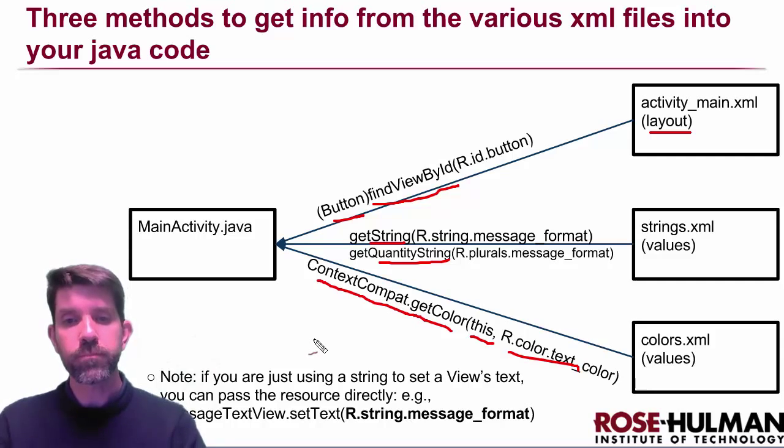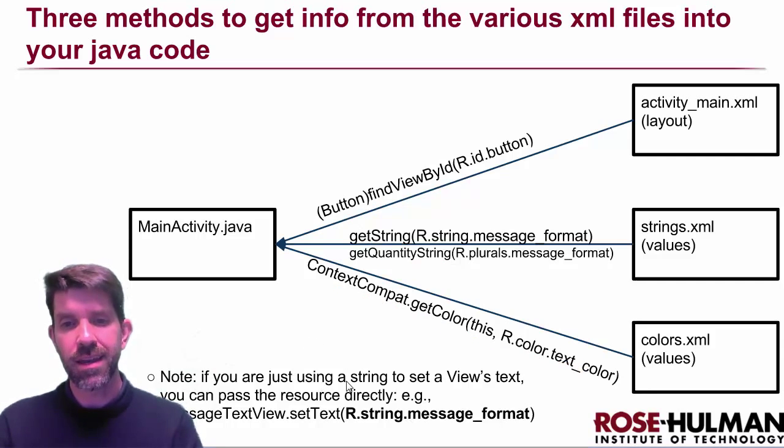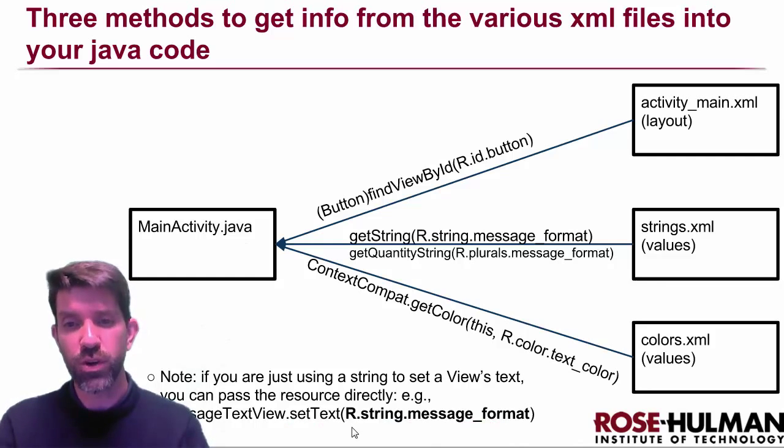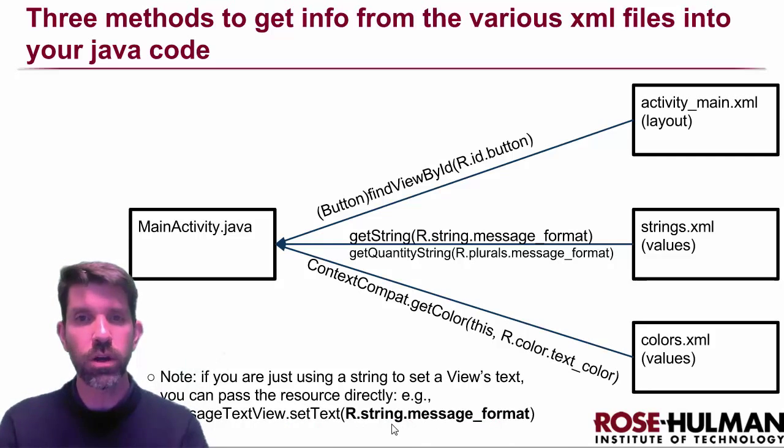All right. So pretty decent. I should also mention that if you're just using a string directly from the resources, setText is also overloaded to take an integer. So you can do that. Very, very handy. Also sometimes a source of bugs on people's part. If you wanted to print just a single integer, like if we wanted to print our number of clicks here directly, if we passed in an int, it would be looking for a resource ID with the value of our int, and it probably wouldn't find one, and it would give us some sort of an error. So just be aware of that. You'll probably hit that in your programming, and